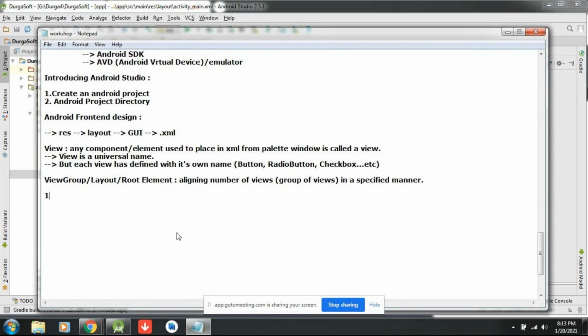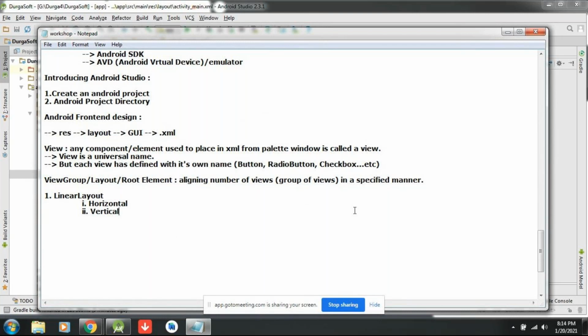First, let me make you understand the first basic important thing, which is linear layout. This linear layout is available in two ways. Here it will be classified as two things. One is horizontal. That means if you use horizontal linear layout, all the views will be aligned in a horizontal manner. If you use the second one, which is vertical, all the views will be vertical. If you want both, you have to specify both. Both in a single one is not possible. You have to take multiple linear layouts.